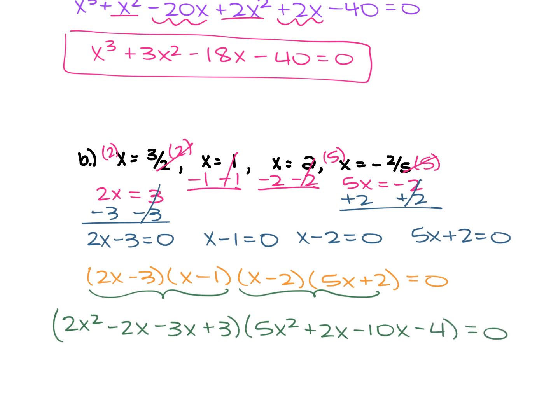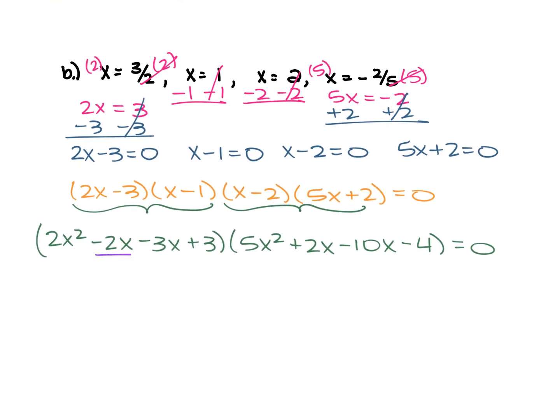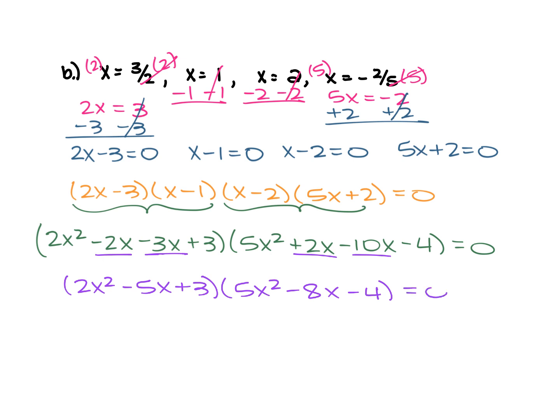From here, we combine like terms inside both sets of these parentheses. So inside the first set, you have negative 2x minus 3x. That's going to give us negative 2x squared minus 5x plus 3. The second set of parentheses, you have 2x and negative 10x, and that's going to leave you with 5x squared minus 8x minus 4. From here, we're going to multiply these 2